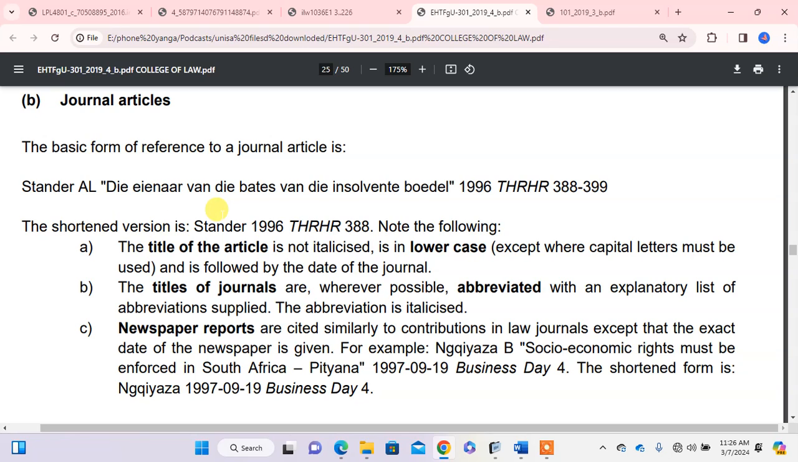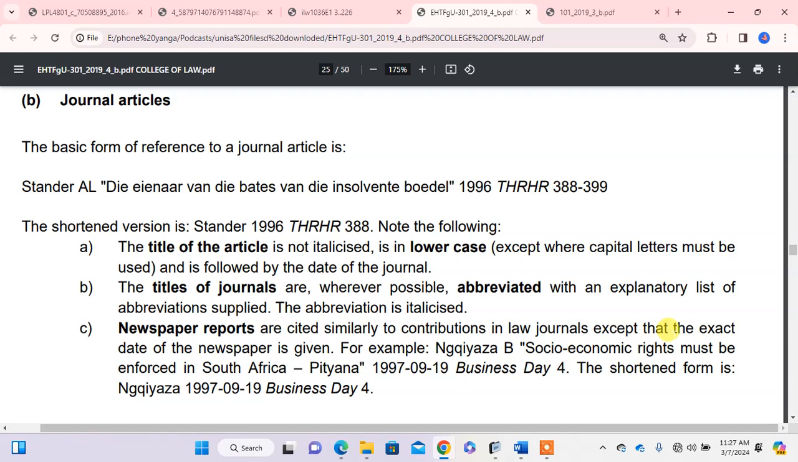Then you can see the title of the article is not italicised, is in lowercase, except where capital letters must be used, and is followed by the date of the journal. The titles of the journals are, wherever possible, abbreviated, with an explanatory list of abbreviations supplied. The abbreviation is italicised. Newspaper reports are cited similarly to contributions in law journals, except that the exact date of the newspaper is given. For example,